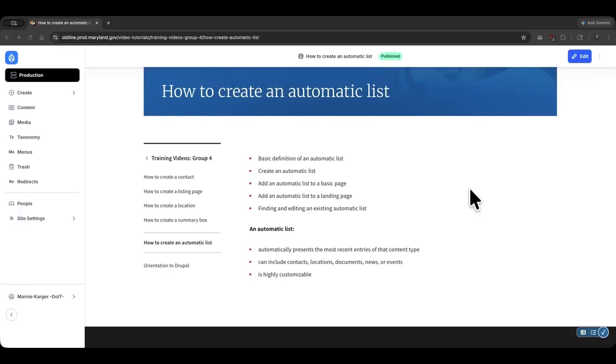This is a video about automatic lists for your Drupal website. I will share a bit about what an automatic list is, show you how to create and place one on both a basic page and a landing page, and finally, show you how to find and edit an existing automatic